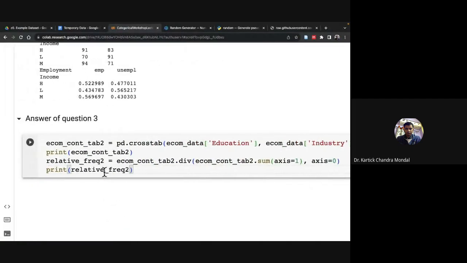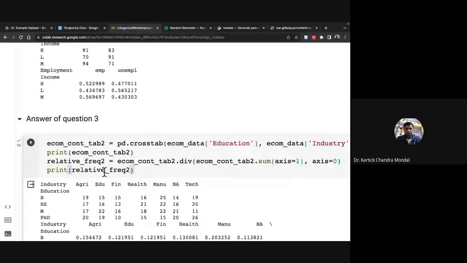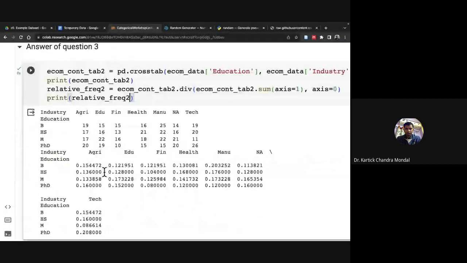For this kind of answer, let's see whether a relation exists or not. So see, those who are having a PhD degree mainly belong to the technological industry. Okay, the majority of them belong to the technological industry,